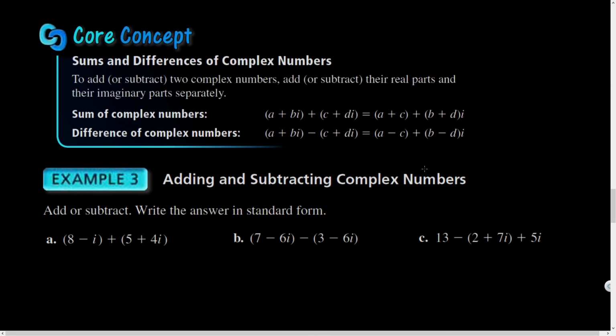All right, I can add or subtract these kinds of numbers, and notice the only tricky part is with subtraction, that I have to imagine this minus sign being distributed to both the c and the d. And so notice that the c is subtracted and the d is subtracted. Also, as far as adding these together, it's just kind of like combining like terms, where the real parts get combined and the imaginary parts get combined.